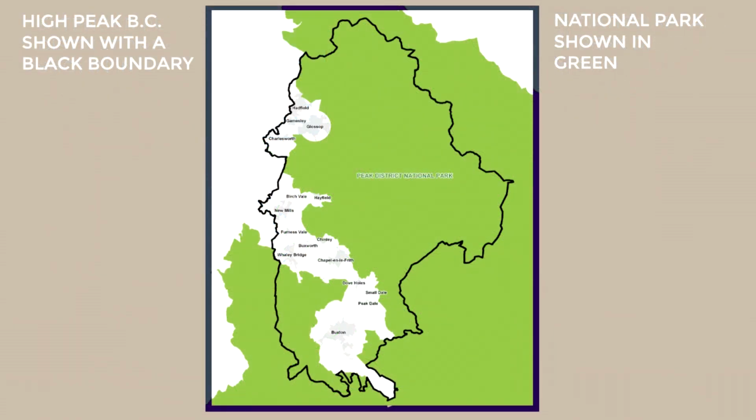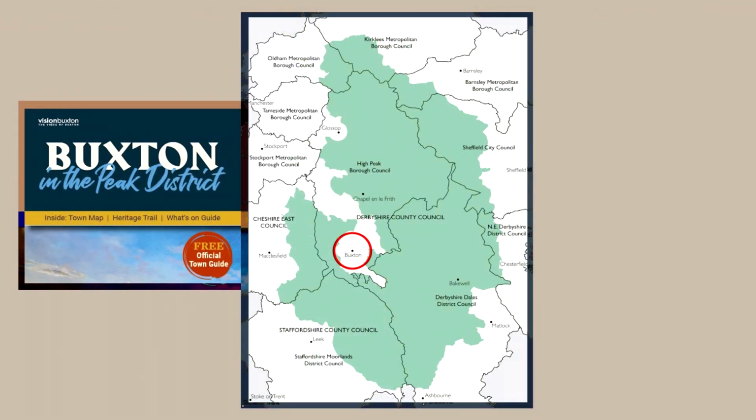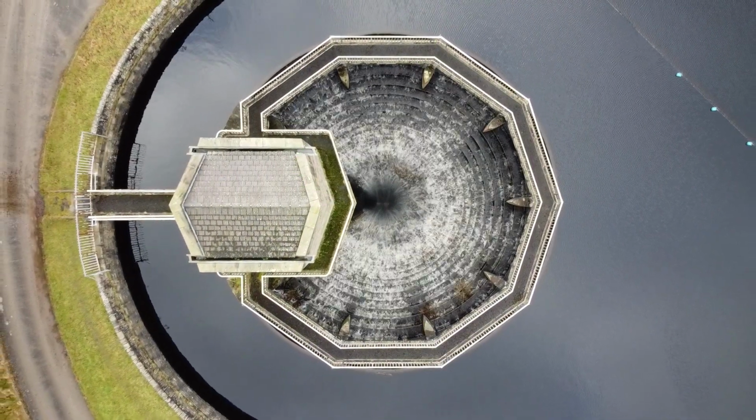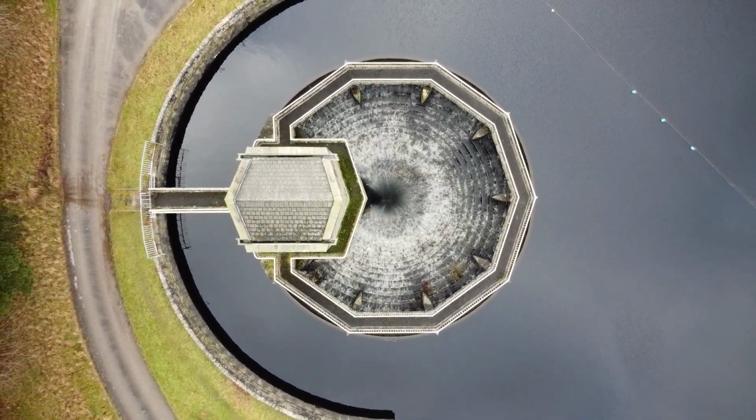That being the High Peak Borough Council, which I did jokingly say in the last episode that they were annoyed Buxton wasn't in the Peak District as a prod towards their marketing campaign, which they're always saying the town is a part of. The High Peak area actually does include some villages like Hayfield and Chinley that wouldn't be out of place in the national park, and I see why someone would label it as the Peaks. But the idea of the Peak District being more than the national park does intrigue me. I've never heard of that before.